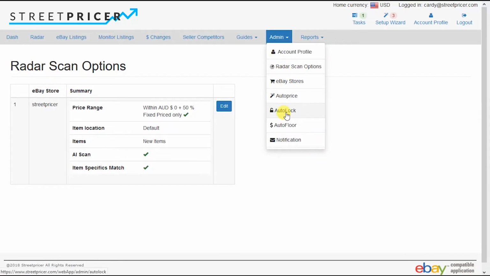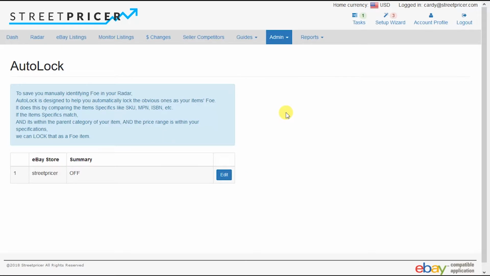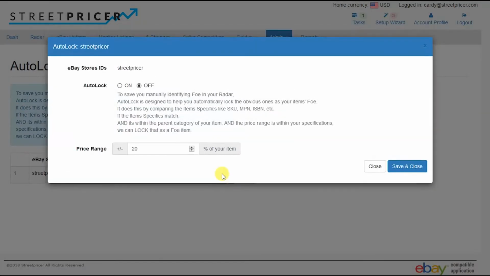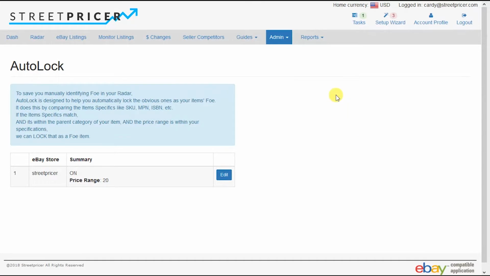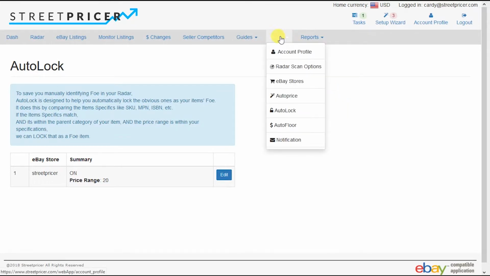UPCs, and so on. After this, I'll turn on Auto Lock, which tells StreetPricer if it is sufficiently confident that a suspect is a competitor and subject to a predefined price range, which in this case, I'll set to plus or minus 20%. Then, the suspect will be automatically tagged as a competitor without you having to do the